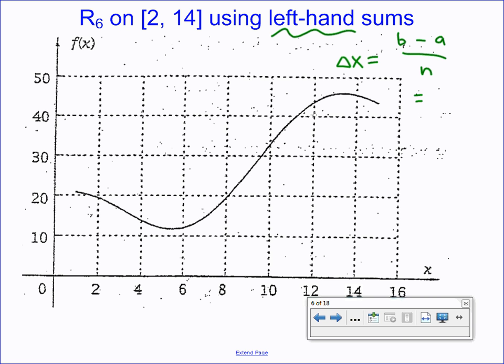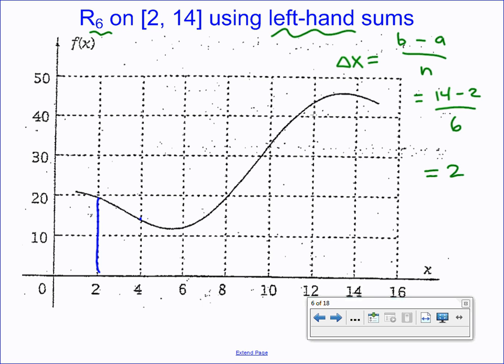For us, 14 minus 2, my interval is 12 units long, divided into 6 equally sized rectangles, which is going to give us 2 units for each one. I'm not going to do all of these, but I just want to make sure you're comfortable determining what function value you're going to use for the height of each individual rectangle. So for R sub 6 using left-hand sums, starting at 2,